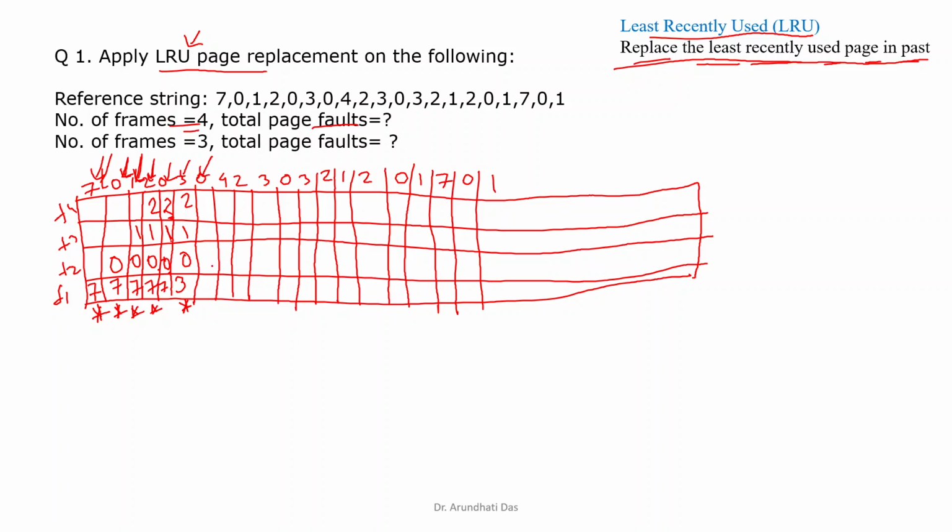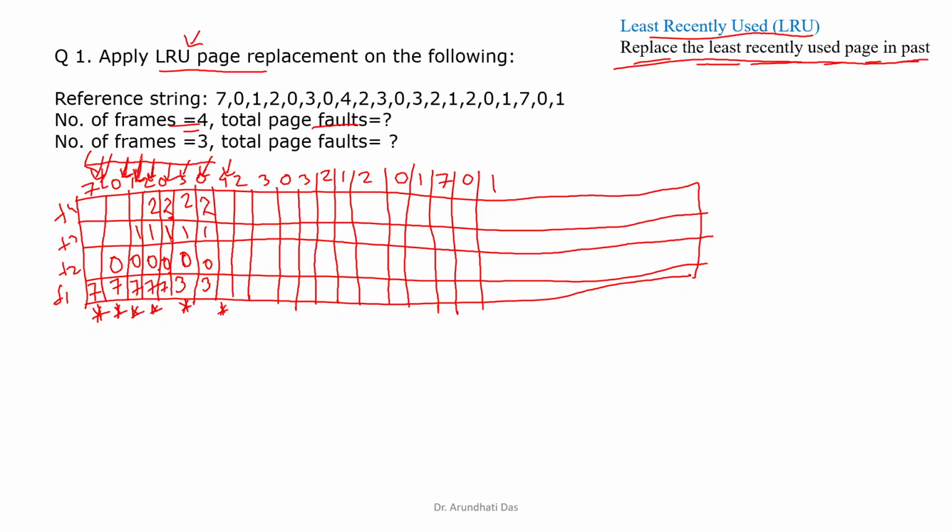Then the next requested page is 0, which is again there in the main memory, so I'll just write like this, there is no page fault. Then 4, whether it is there in the main memory? No, so there will be a page fault. Now which one will I replace? We'll again see through this direction only. 0 is recently used, I'll not replace. 3 also used, no. 0, 2,